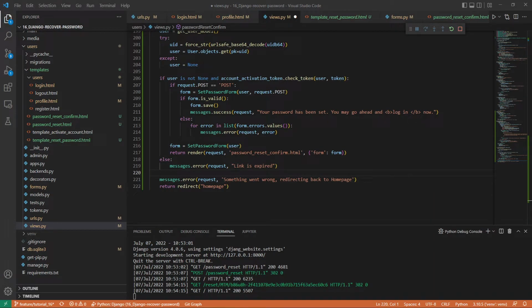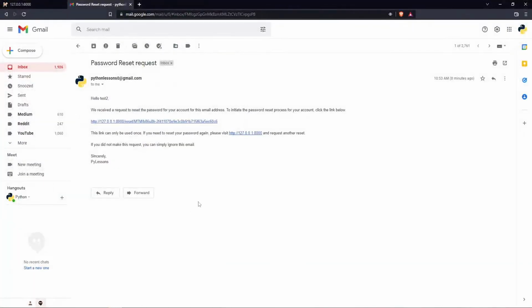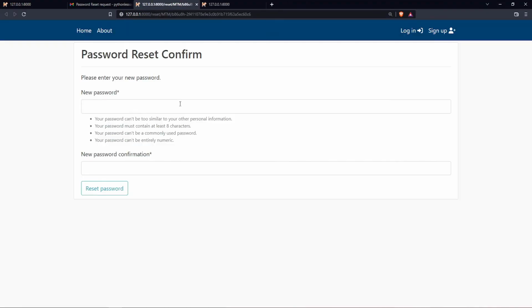Now, instead of saving our user in the database, when clicking on the link, we'll redirect the user to the password changing template. And after successfully changing the password, the user is redirected to homepage. Let's click on the link in our email, and let's see if our code works as expected. I open it, I click on the link. Password reset confirm works. It linked me correctly to a new template. So if I type my new password here,